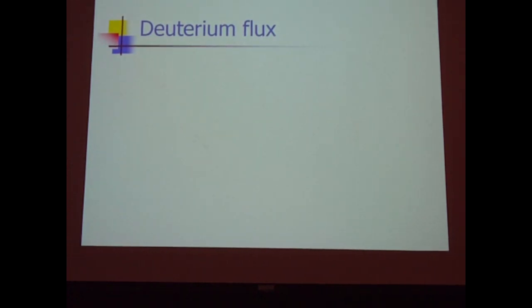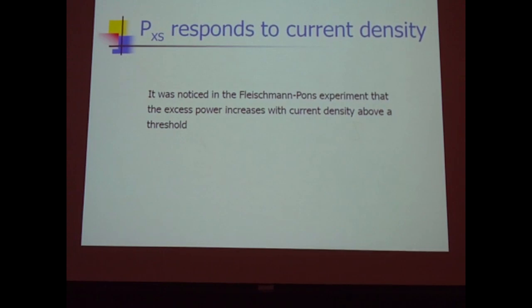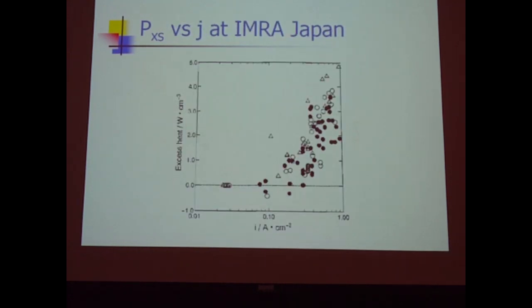Okay, let me now revisit the issue of deuterium flux. We talked about this on Monday. Mitchell talked about it as well. And I want to come back and think a little bit about it. So in Fleischman-Pons experiment, it was noticed that excess heat seems to improve when you've got deuterium flux present. So for example,